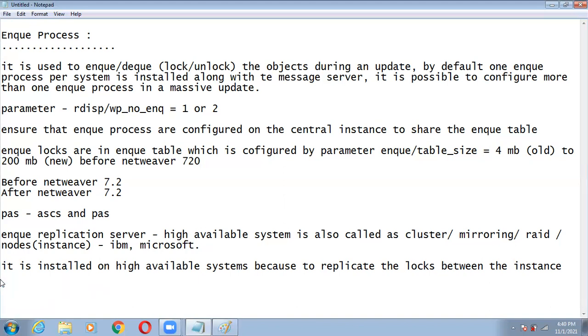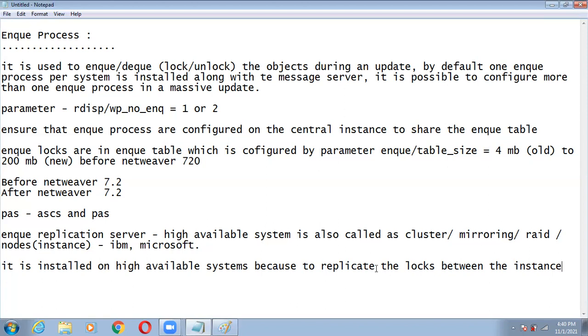Coming to real time, all the data is important. Based on the configuration and the criticality, we go for the NQ replication server. This is not mandatory. Why is it installed on the high available system?